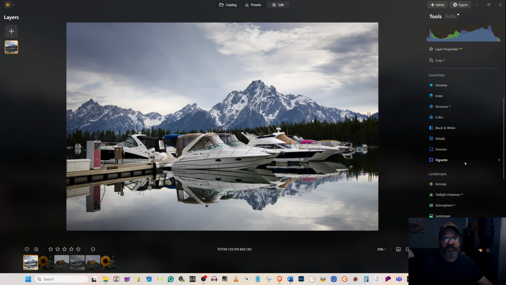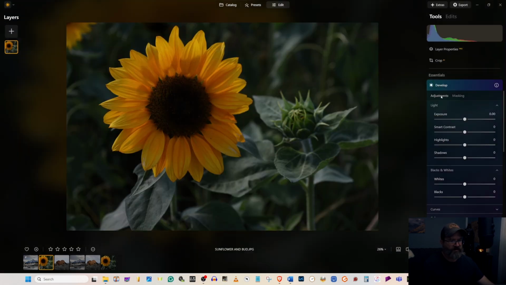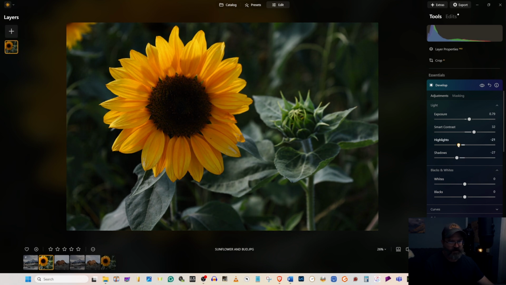And then when we finish all of them, hop over into DaVinci, put them side by side and see what we think. All right, now we'll hop over here to our sunflower image. Start with develop, lift our exposure, lift our contrast, drop our shadows down some, and we're going to drop our highlights here and work on the flower individually,